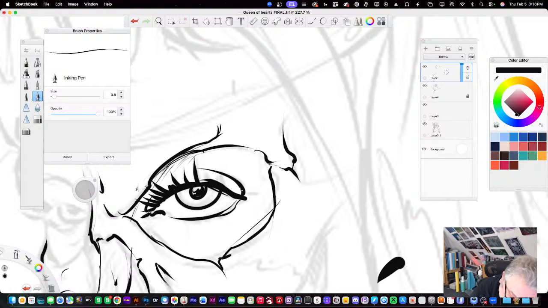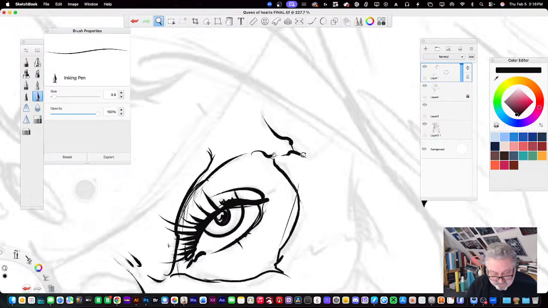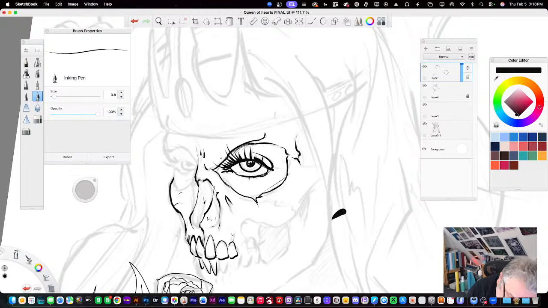I'm just doing some sketch. Like I said, this is really simple. Let's see how that looks from a distance. And maybe by tonight's feed, I'll clean this up even more.